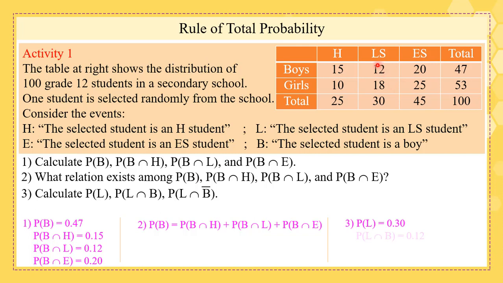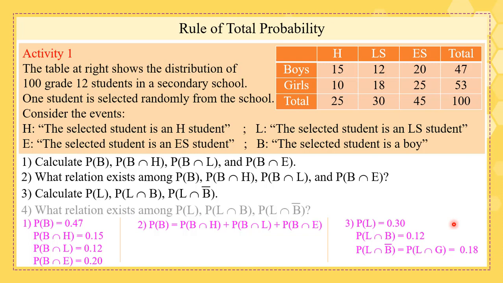So it will be 12 over 100. And then L intersection B bar. Remember, B bar here means that the selected student is not a boy, consequently it's a girl. So the probability of selecting an LS student and a girl, which is somewhere here, it will be 18 over